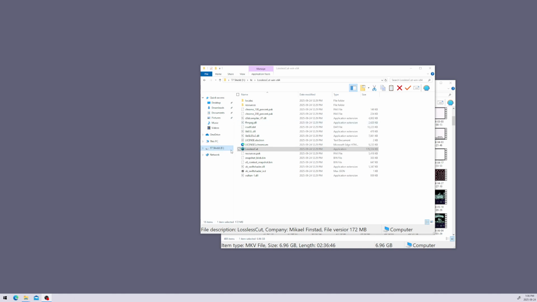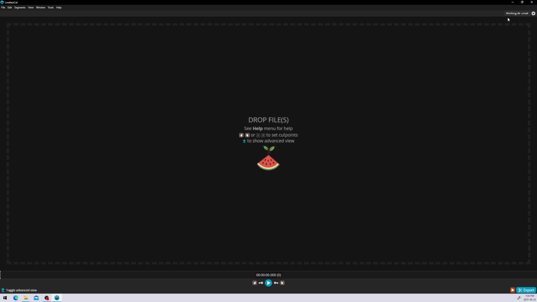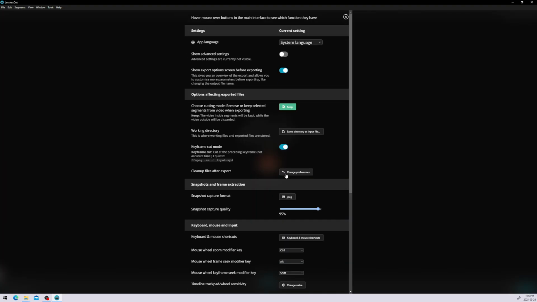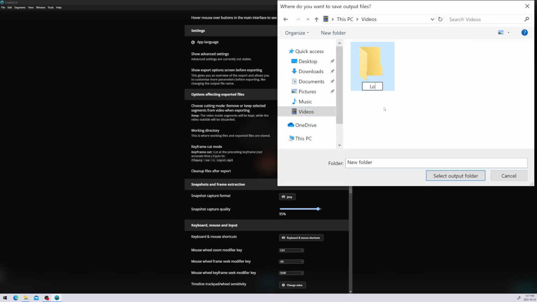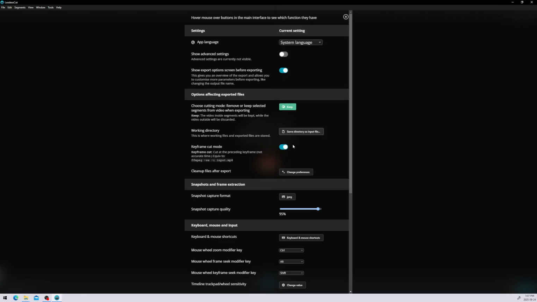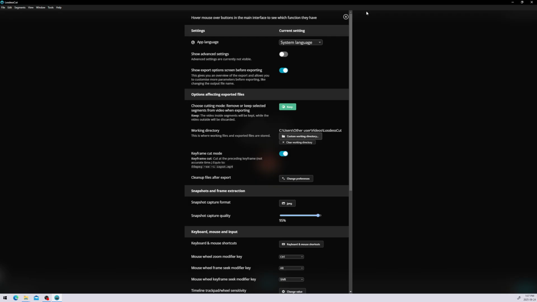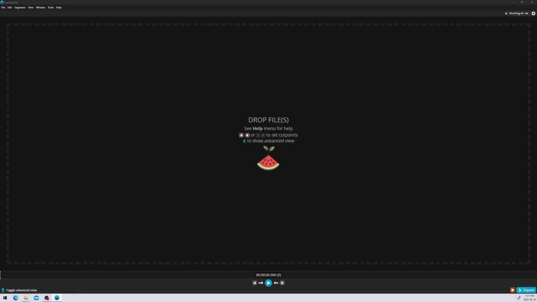Alright, this is just going to be a quick demonstration of how I use Lossless Cut to trim and retime my runs. I'm going to open it up here. It's a fresh installation, so I don't have any of my configuration, but one thing I do recommend setting before you open any videos is the working directory. I just like creating a folder called Lossless Cut because it's easy in my videos folder. You can put it wherever you want though, and then that's basically all that you need to worry about.